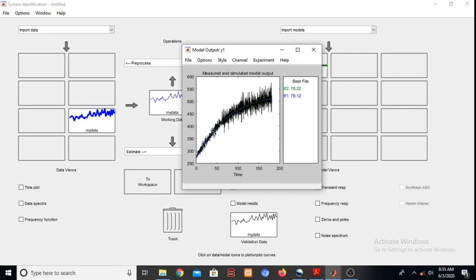Okay, so the inside curve is the estimated one. Okay.